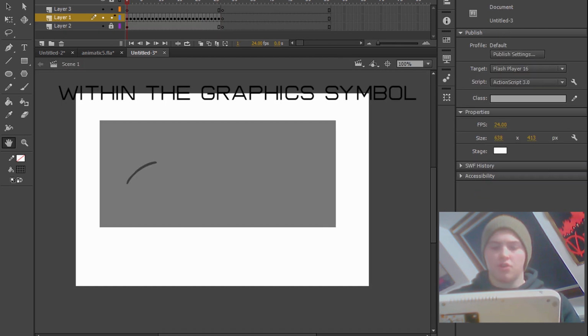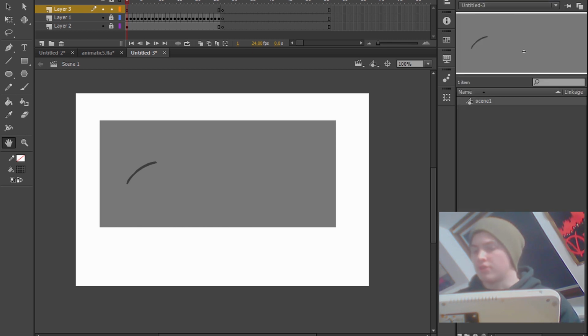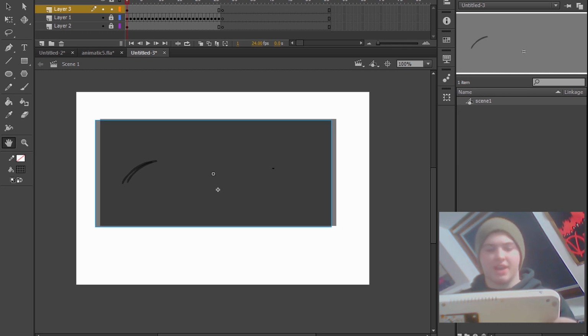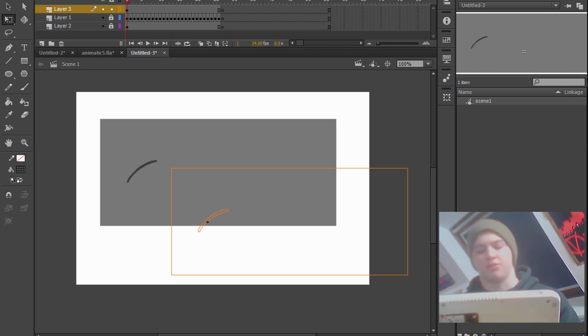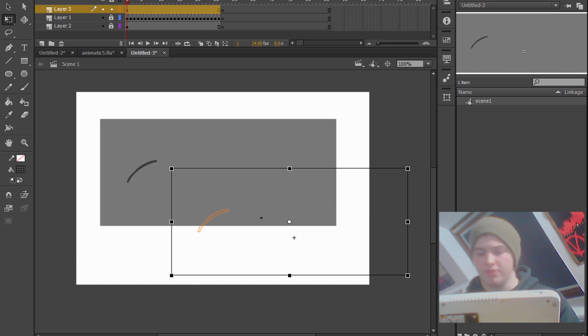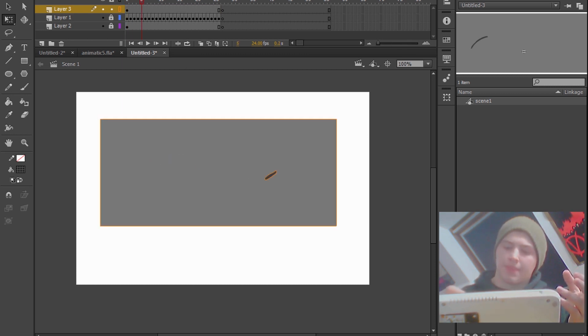So what you do then is you go onto the layer that you want the graphic symbol to replace. You go to library, here it is, scene 1, and you drag it on. So you'll see that now I've got an exact replica of what I have here, and you can see that it's moving like that. Now what I do is I put it into wireframe mode, and I drag it on top and make sure that they align, because I want it to be exactly how I had it in the main timeline. So now they're aligned, you can see that there's just an exact replica of the previous animation